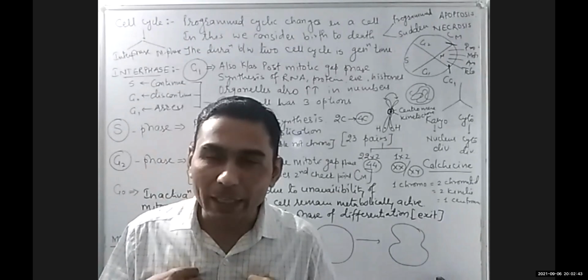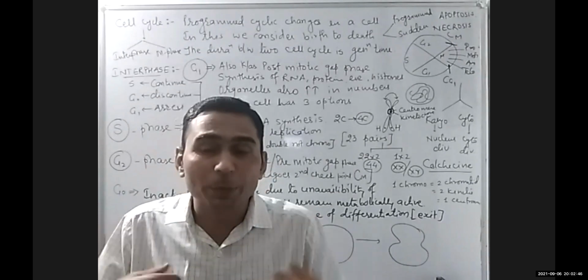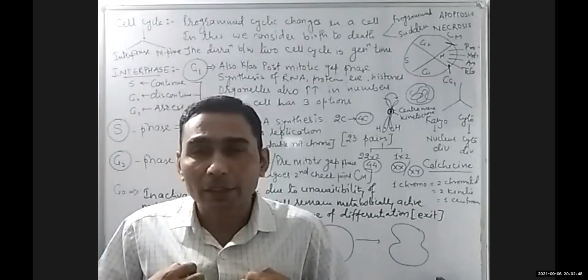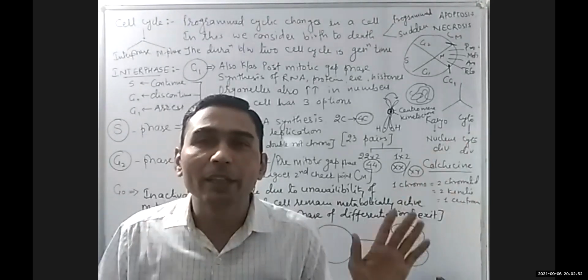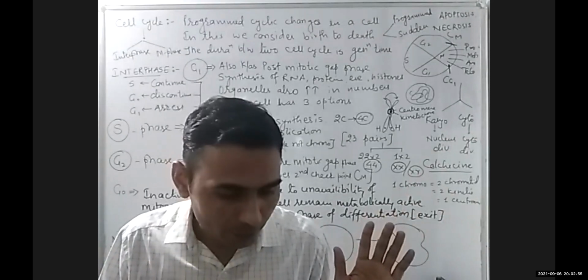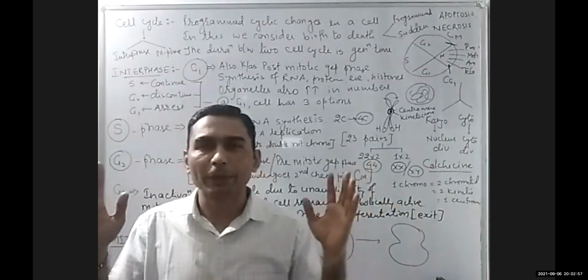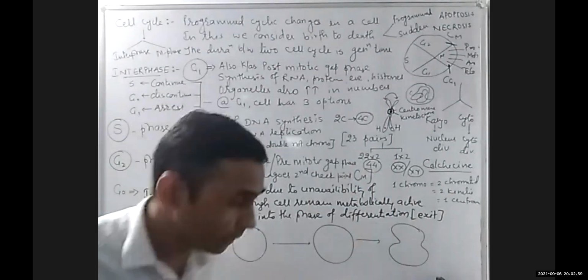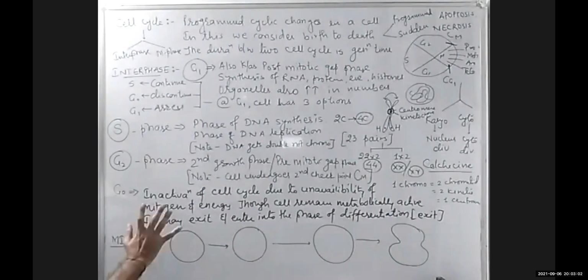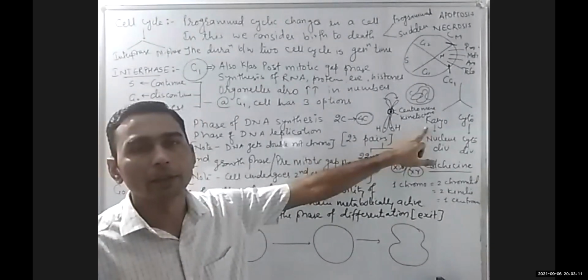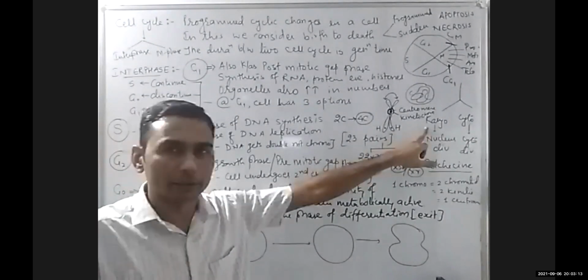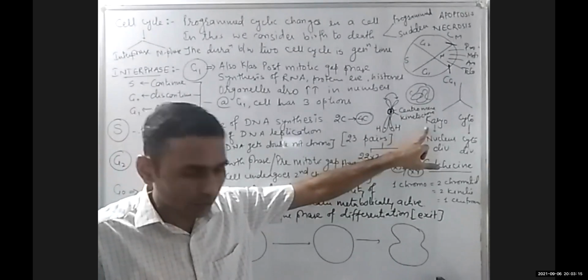So if I'm not getting doubled, but my contents become double, what do you think? This cloth or this shirt will start rupturing? Yes or no? Yes, sir. Perfect. This is exactly what I wanted to tell you. That's why I'm not preparing this as a cell. I'm preparing this circle as a nucleus. The cell is very big. I'm talking about the nucleus of the cell, because I'm talking about karyokinesis. So I should discuss with karyo only, with the nucleus only.